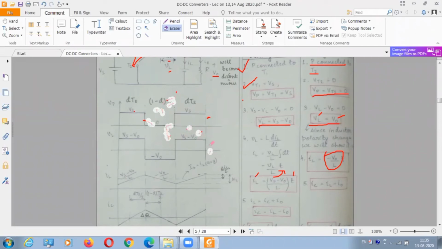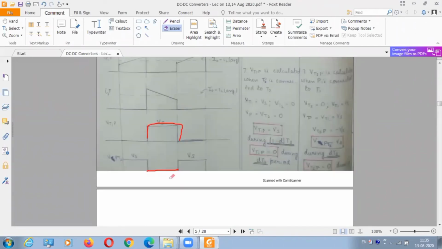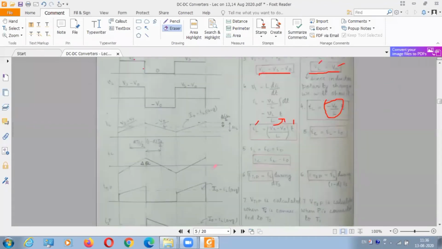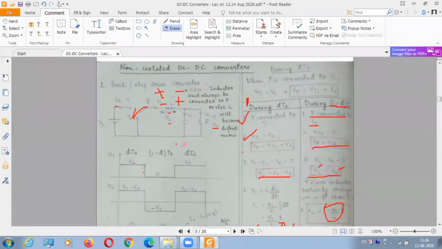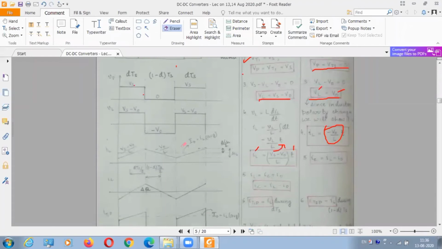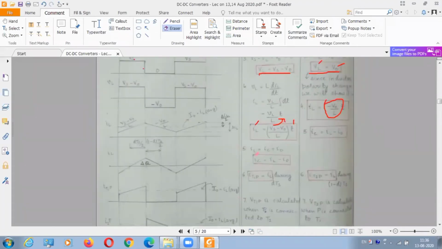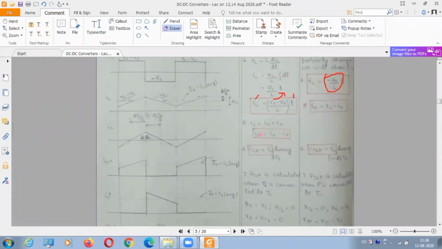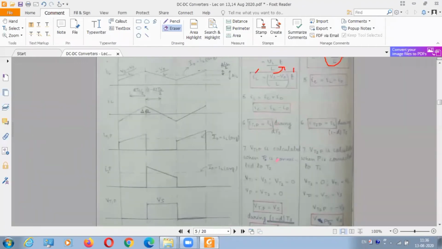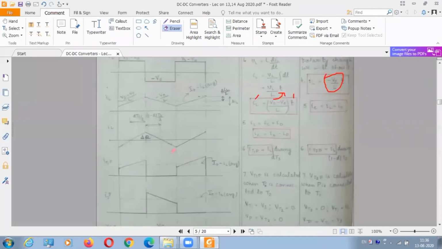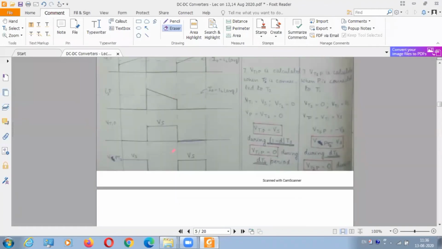Anybody has any doubt? You tell me. All these voltages and currents will be used in future references also. Why are we drawing this? Book for this reference, you will not find in Bhimra. You have to go for Rashid, only for this topic, non-isolated DC to DC converter. If you want to refer a book, you have to refer Rashid. But I don't think this much explanation is given over there. You can refer to all this, practice on your own. You can understand it in a much better way. This is all I have done.